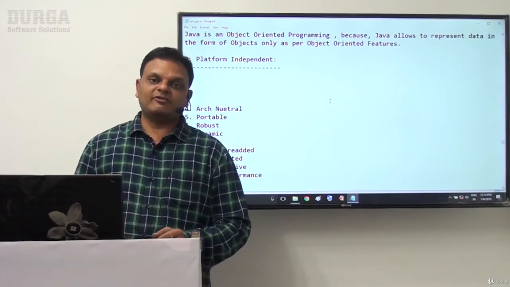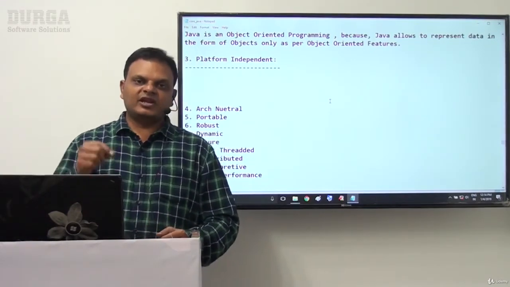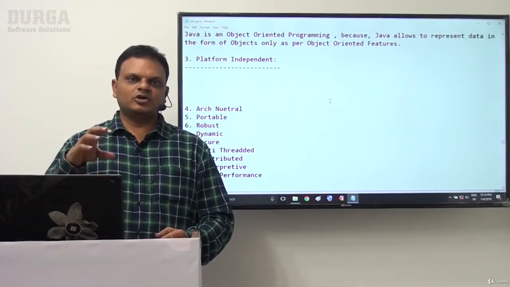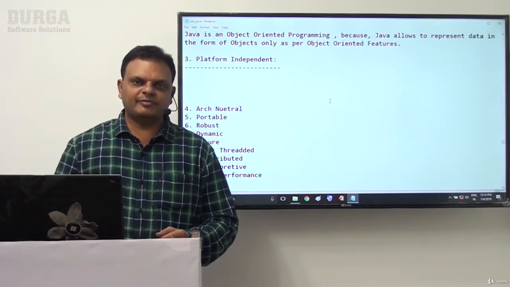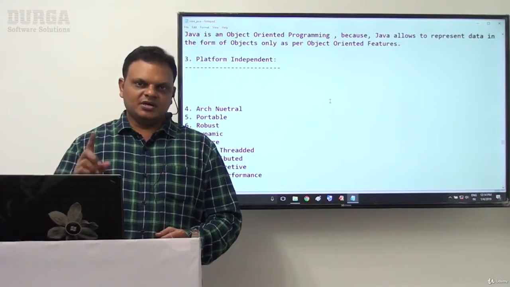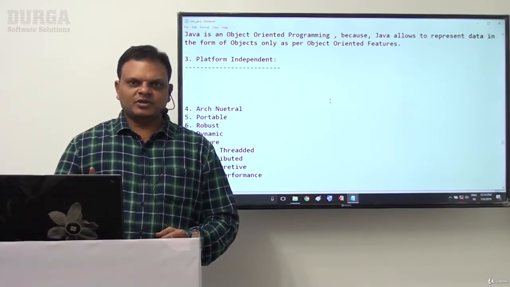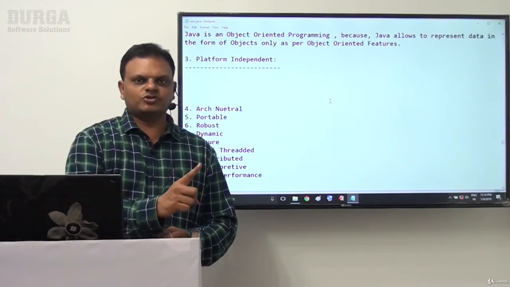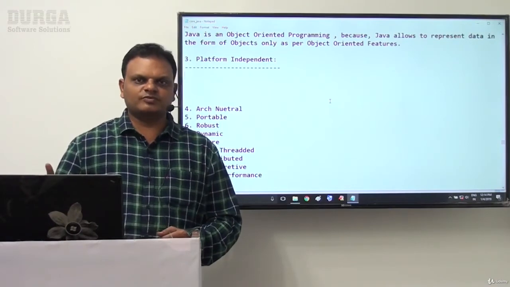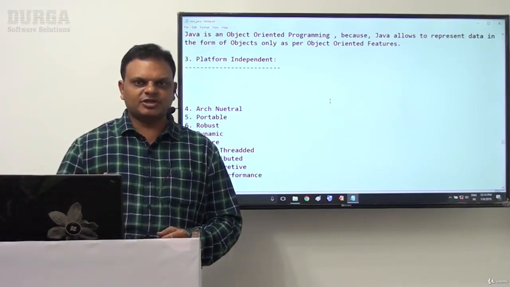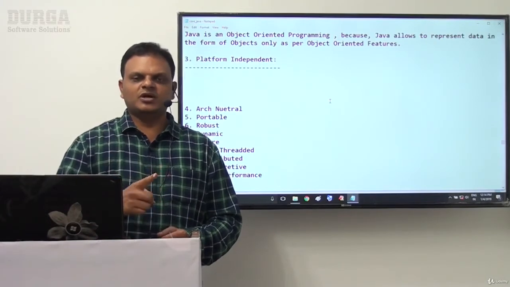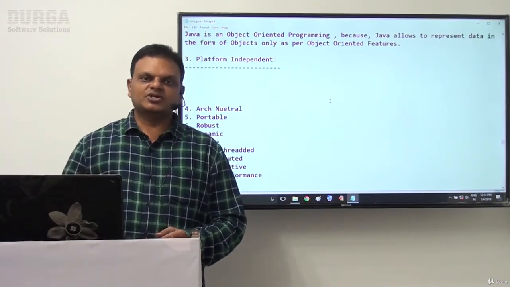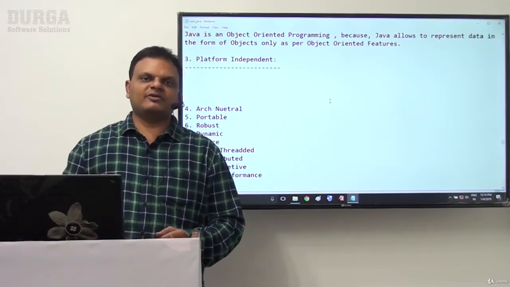But before thinking about whether Java is platform dependent or independent, when are we able to say one programming language is a platform independent programming language? The reason is very clear. If any programming language allows its applications to perform compilation on one operating system and to perform execution on another operating system, then such type of programming language is called a platform independent programming language.